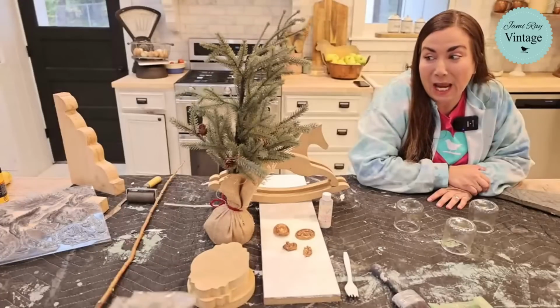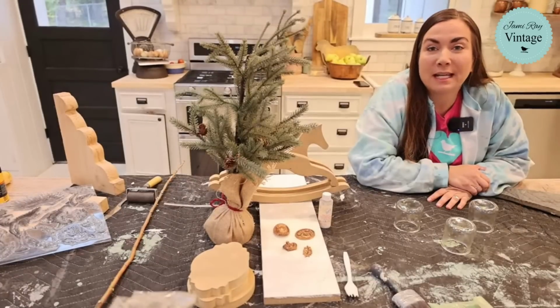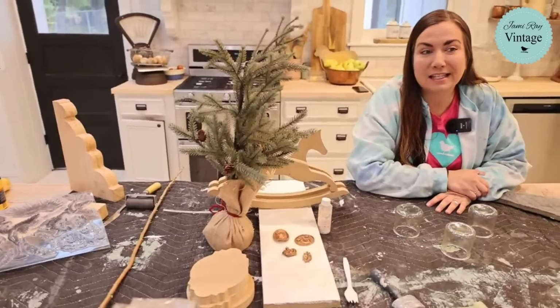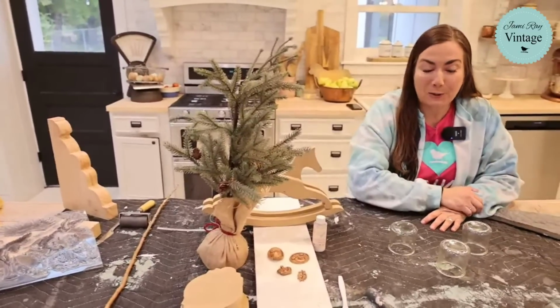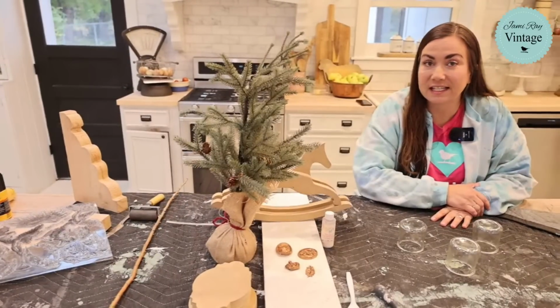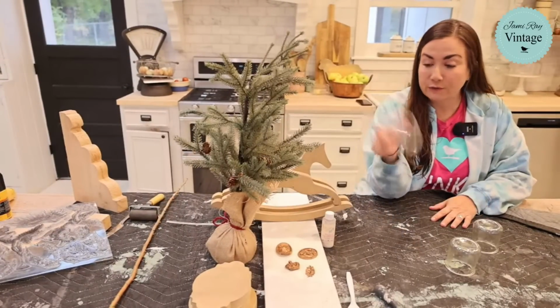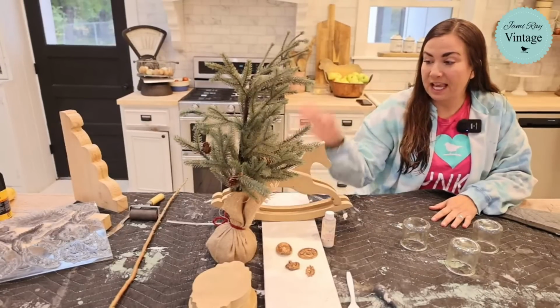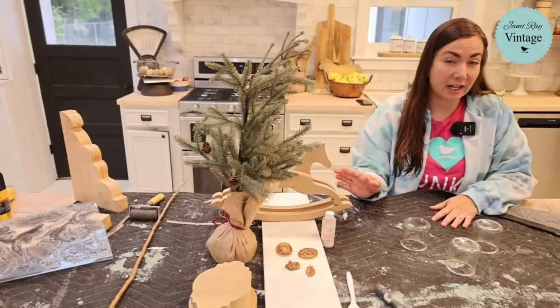Today we are going to be doing IOD Palooza, Christmas Palooza IOD style. It's the second day of November, and if you're a crafter, it means you are in full Christmas swing. So we just want to show you some fun ideas that we're going to be using these little jars for. We're going to make Christmas trees. And then also we're going to do some stamping, and Zeb just has some random wood cutouts that we have